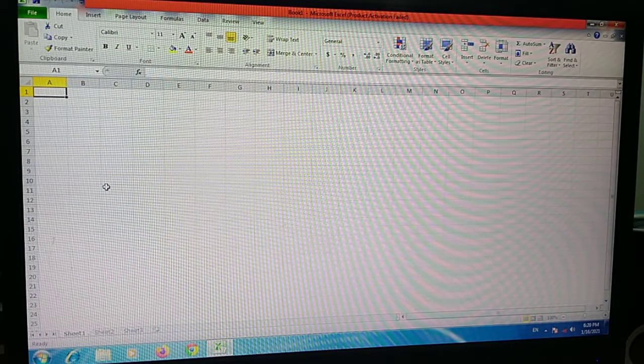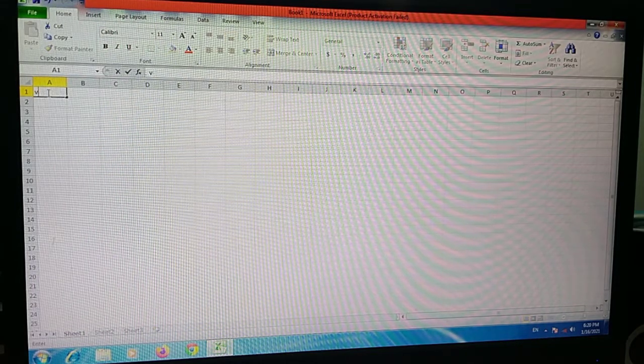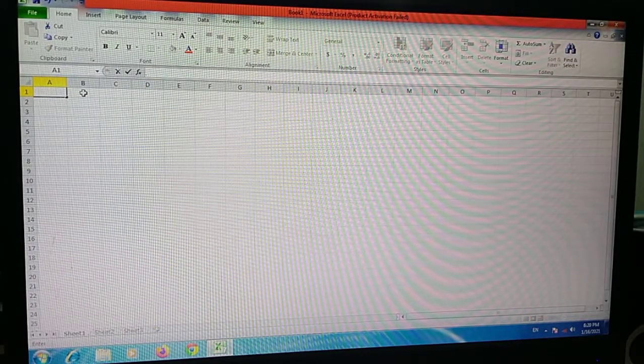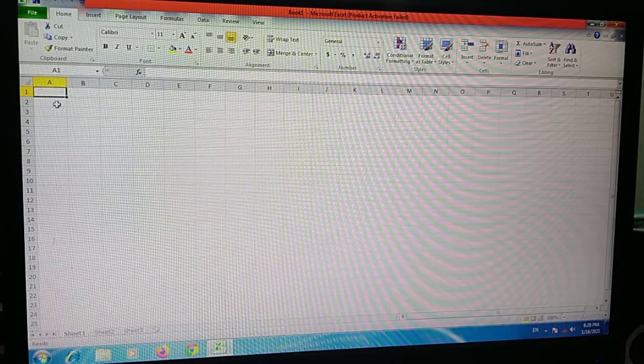Now the next one is your active cell. We always enter data in the active cell. Different cells can be made active by clicking on them. This bold rectangular line is your active cell at present. You can write any data here. If you want to write somewhere else, you have to click there.